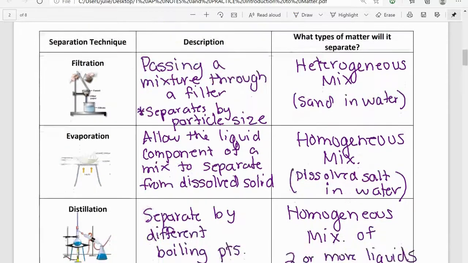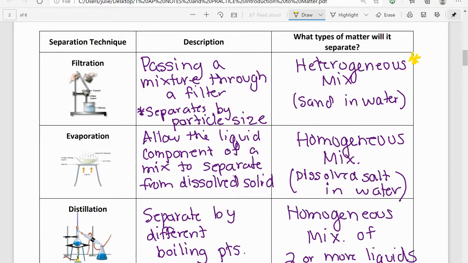So the reason why these are important is you're going to have to actually be able to apply these when you're asked about separating a mixture. So the first one is filtration. This is when you would take a mixture, you would pass it through a filter, and that filter would separate it by the particle size. It would hold on to or keep the larger particle sizes, and if some particles are small enough, they'll pass through the filter. This is a great way to separate a heterogeneous mixture, specifically something like sand and water. So if you have like a solid that's mixed into a liquid, this is a great way to separate that